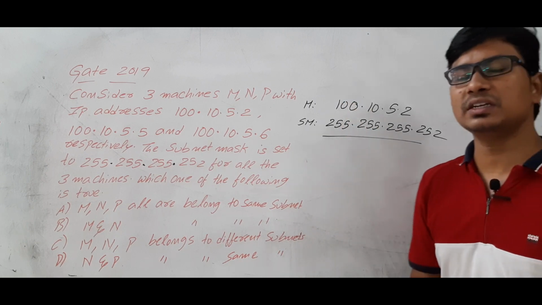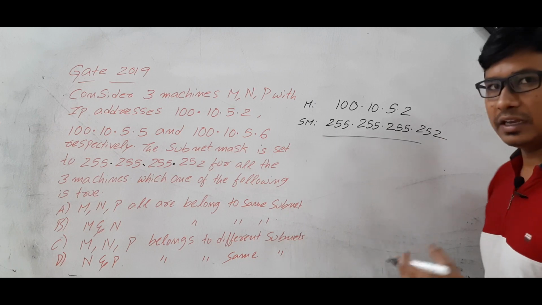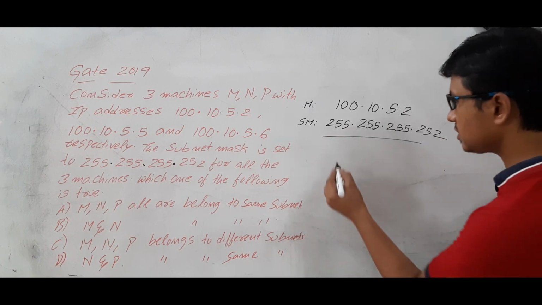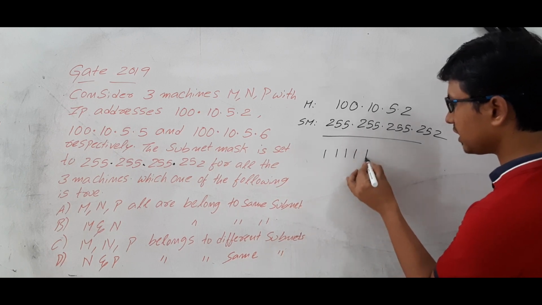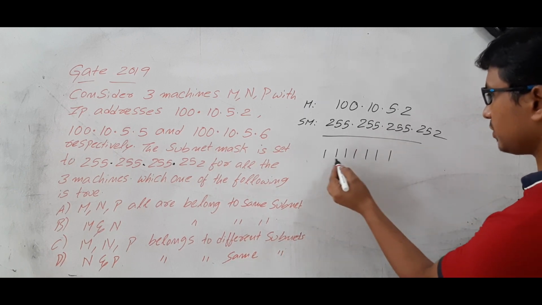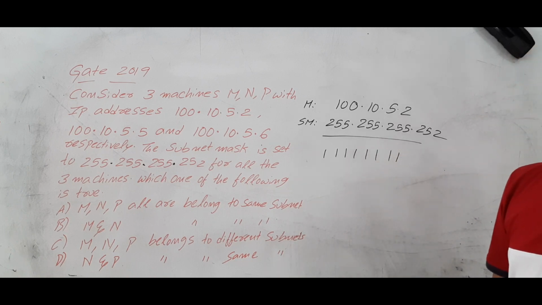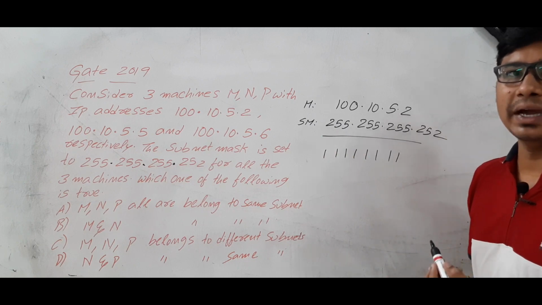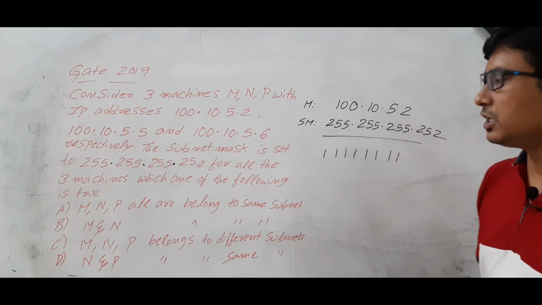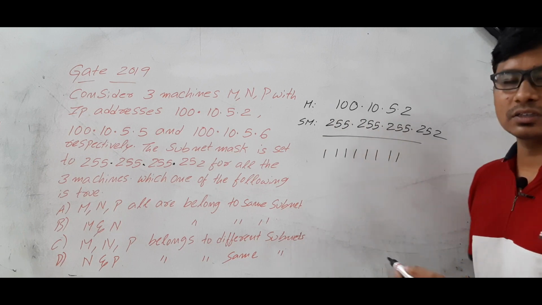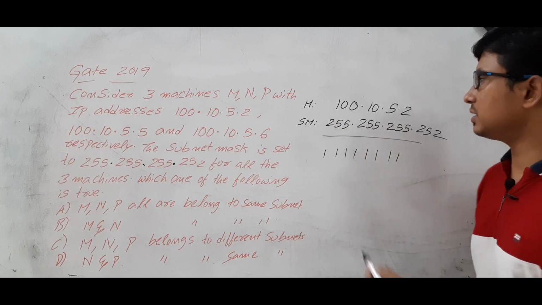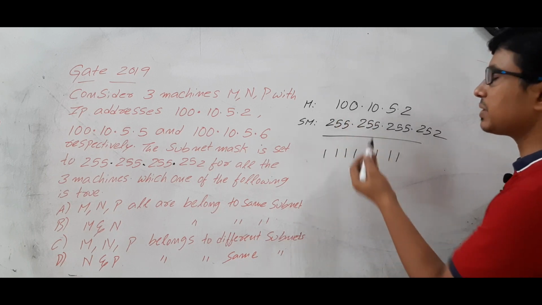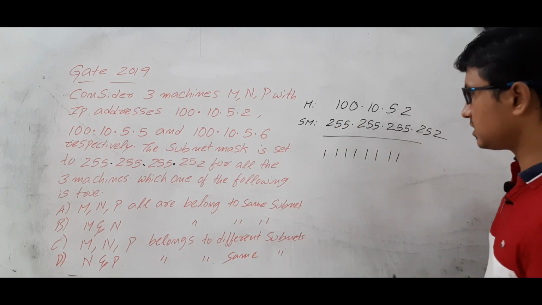Now how to represent 100? In 8 bits, because if I represent 255 in binary using 8 bits, you already know that we will get 8 ones. So totally you will get 8 ones if you convert the decimal number 255 to binary and represent it in 8 bits, because these are IP addresses. So totally you will have 32-bit numbers and each octet consists of 8 bits. That's why it is represented in dotted decimal representation.